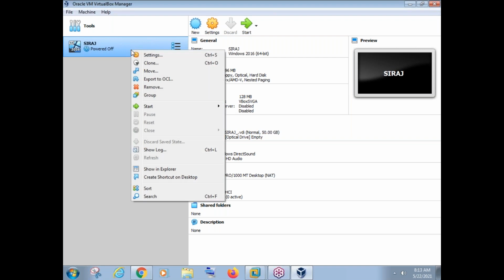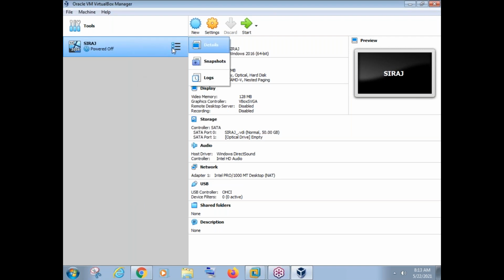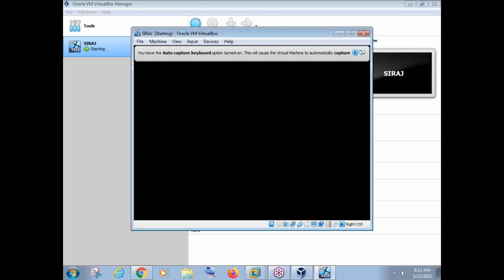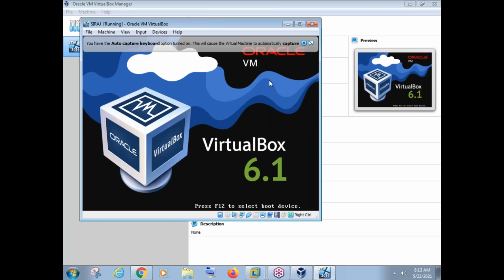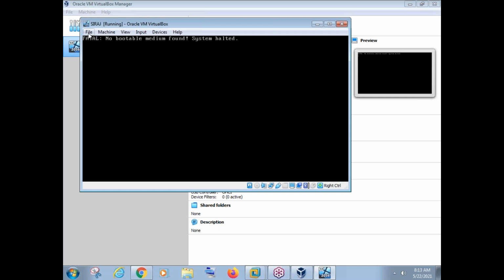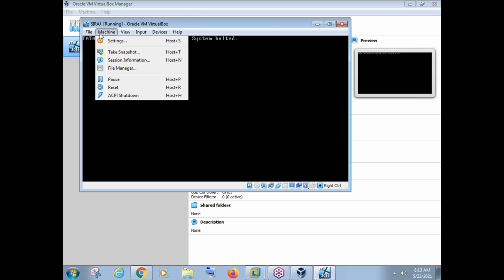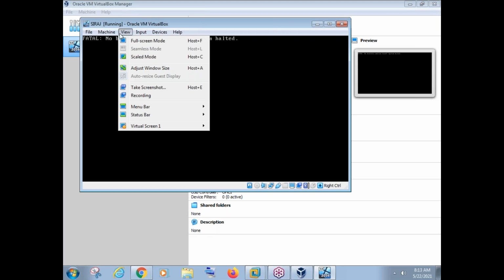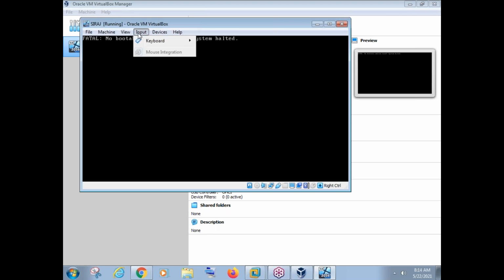So right click here, and there is a console here. Okay, I'll just say start. That's it. Can you see here? This is a console where your Windows Server 2016 will run. I have not connected my Windows Server 2016 yet, so I need to connect. That's it. So this is the way we use a VMware machine or an Oracle VirtualBox machine.